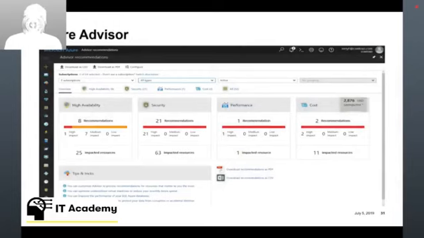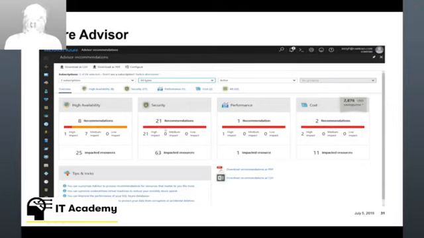This is Azure Advisor. This is built into the Azure portal. So the idea is we come in and we check out Azure Advisor periodically, and it'll tell us what's going on inside Azure. We've got recommendations around high availability. If we've got any single points of failure where maybe we've just deployed one virtual machine, or maybe we've got an availability set that only has one virtual machine, it'll let us know about recommendations to improve the resilience of our